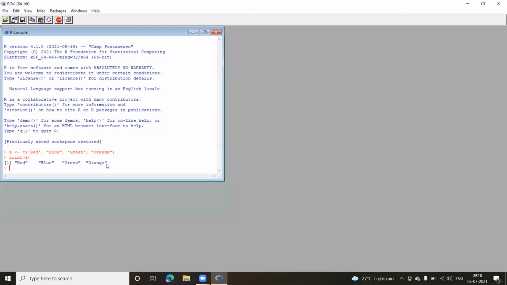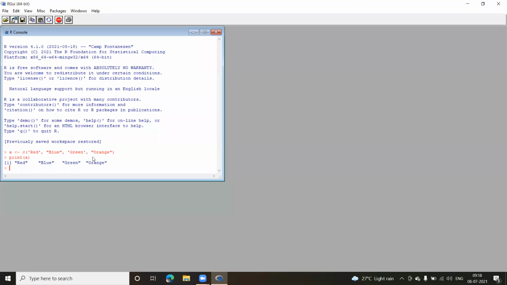I'll quickly show you how to create a list now. A list is again an R object which can contain many different types of elements. In this case, you saw that we had only the same type of elements. The elements can be integer, as I said, or character, or any other type which is supported by R. But a list is a combination of different types of elements inside. Like if I have to create, I can have a list with vectors, I can have a function inside the list, I can have another list inside the list, and so on. And it is very simple to create.